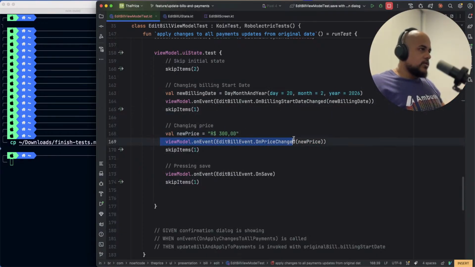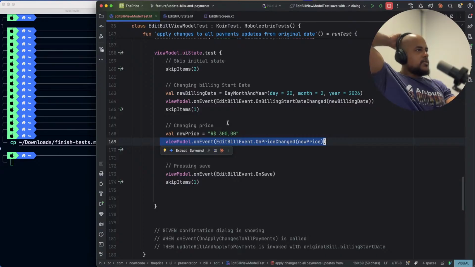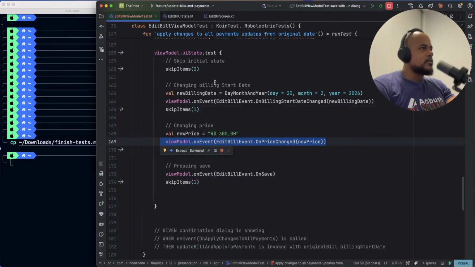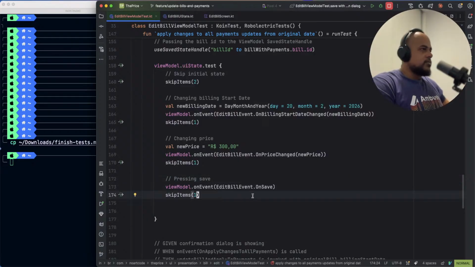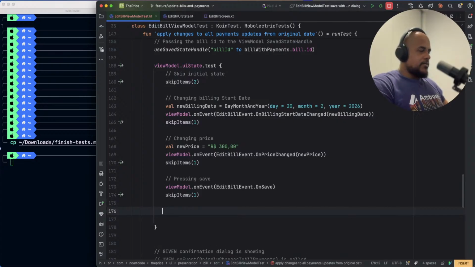Just call this over a different, and then skip all the emissions in the same time. Like on event, change this and change that, and save, and confirmation. But I think sequential is easy to understand what's going on. Okay, pressing save, skip, and then we're gonna confirm. Like view model